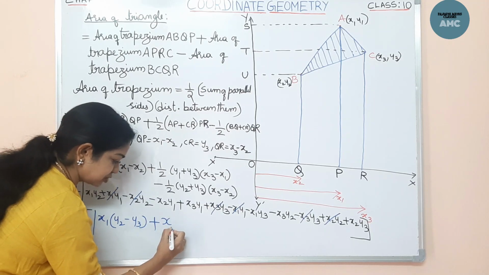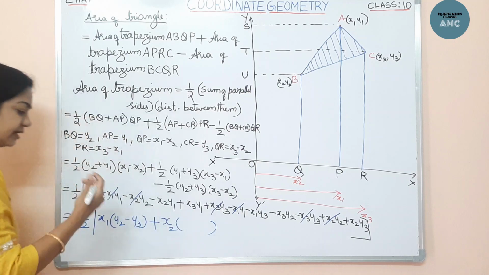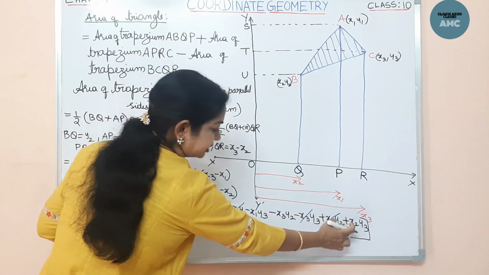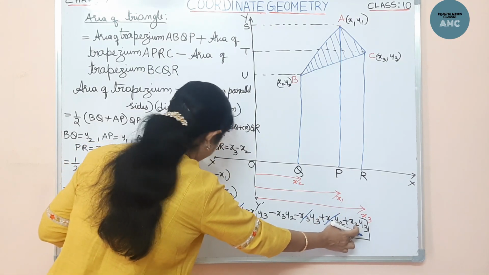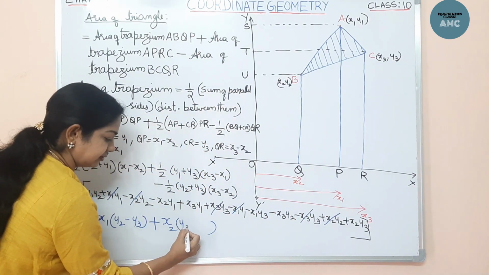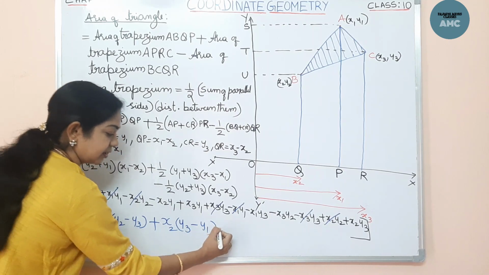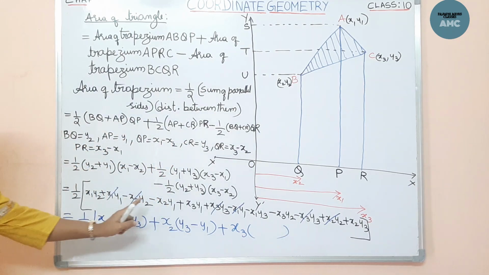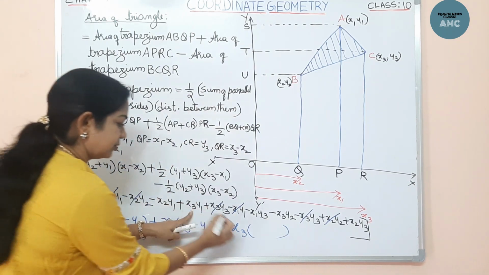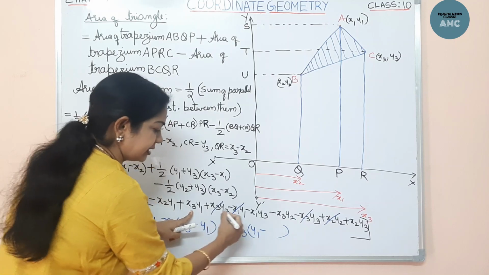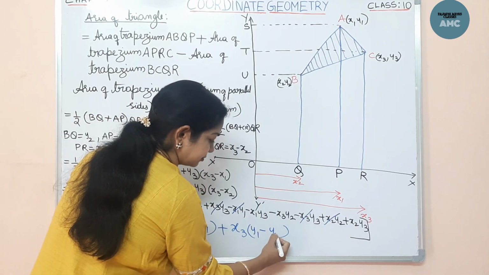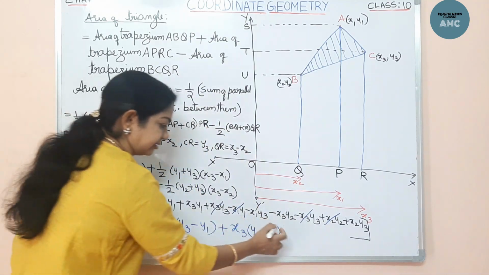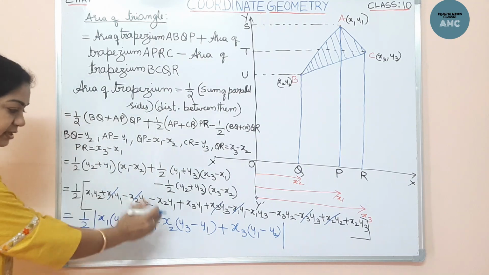So let me take x2 again. Okay, where are the x2 terms? Now here x2 term is there, and where is another x2 term? Check it out here, this. So y3 minus y1, y3 minus y1. Now let me take x3 terms together. Where are the x3 terms? Here x3, right? So y1 here minus another x3 term, this one, y2. Okay, so all these 6 terms I have written in 3 terms by taking common as x1, x2, x3.